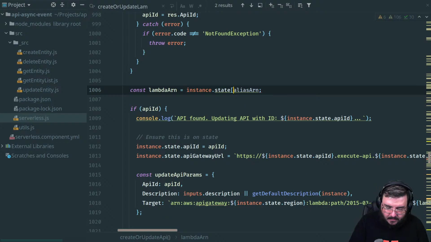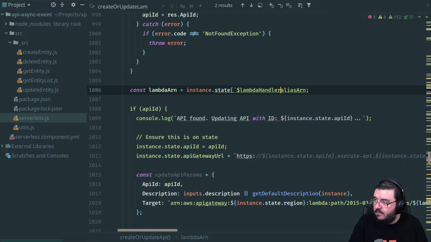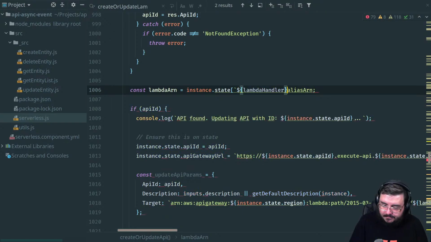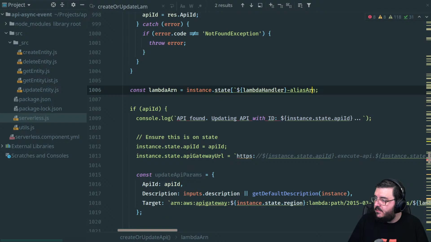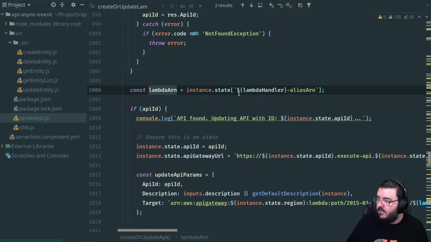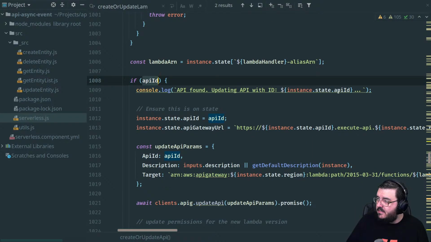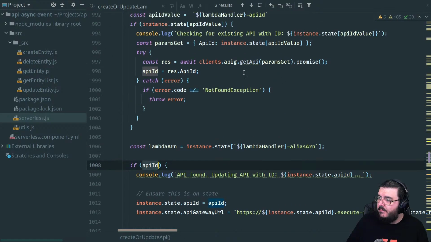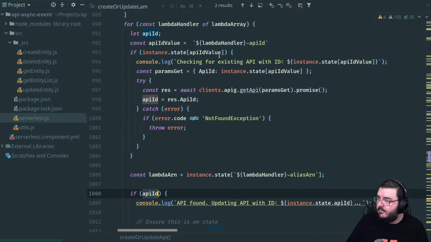And again, we're going to do the literal template string alias ARN. That works. Okay, so this is what the Lambda ARN will look like. It's going to grab that out of the instance state object. And if the API exists, I'm going to say found. That is fine.